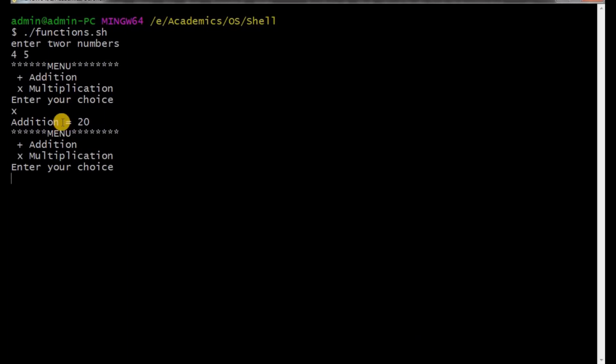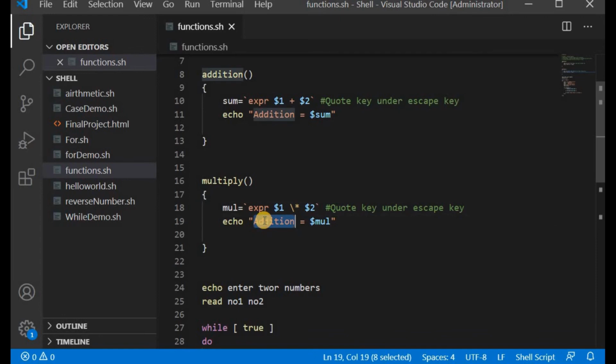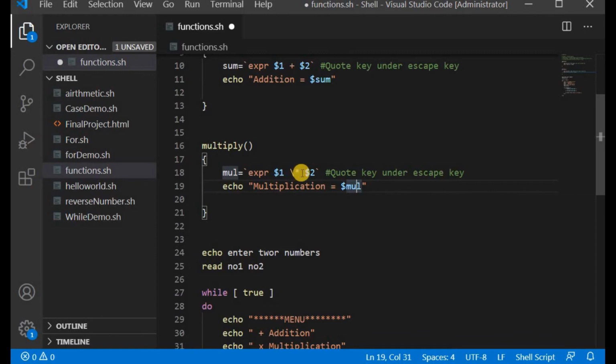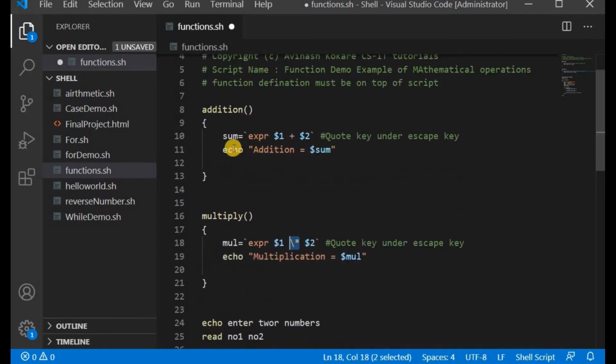Now it is printing the correct result. We have printed here addition equals to, this should be multiplication equals to $multiplication. So it is printing the correct result. Only remember this multiplication operator is backslash star. That's why I have taken a multiplication case here along with the addition.